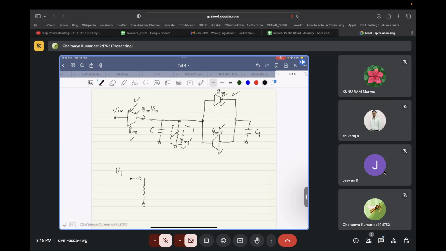So you give some V to this resistor of 1 by GM, you get a current of V times GM, right? Now this current, again, we will follow the same concept that we used for making this inductor. So what you can do is, you basically want this voltage to get converted into current through a transconductor. So you can just simply,